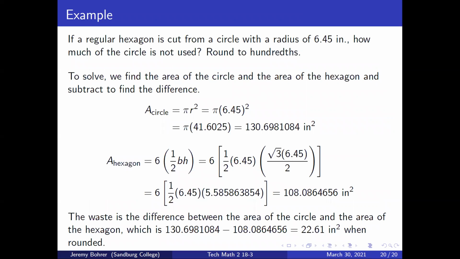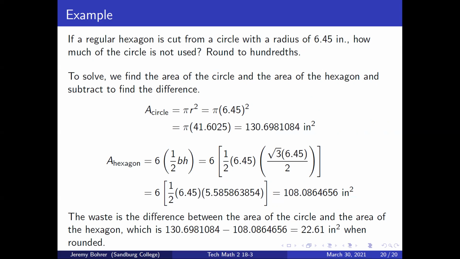If a regular hexagon is cut from a circle with radius of 6.45 inches, how much of the circle is not used? Round to hundredths. To solve, we find the area of the circle and the area of the hexagon and subtract to find the difference. The area of the circle is pi r squared, which is pi times 6.45 squared, or pi times 41.6025, which is equal to